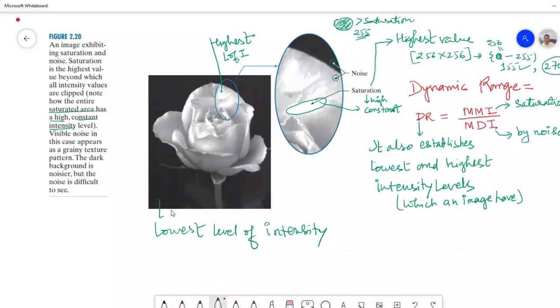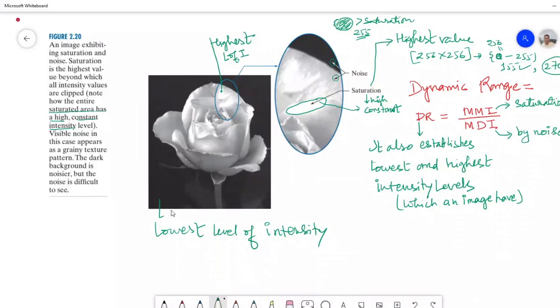Now next I am moving to another part of the digital image. I think you know it very well because you have studied this in digital electronics or DLD. You know in digital electronics K represents the number of bits and 2 to the power K represents the number of levels. Yes, am I right? Do you know or not? Or is there any need to explain this also? I am going from very basic.